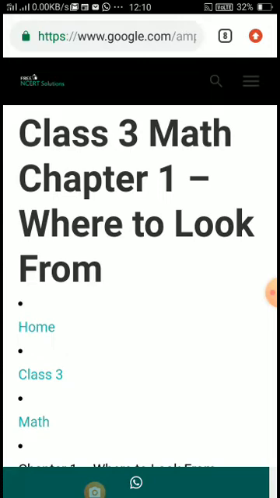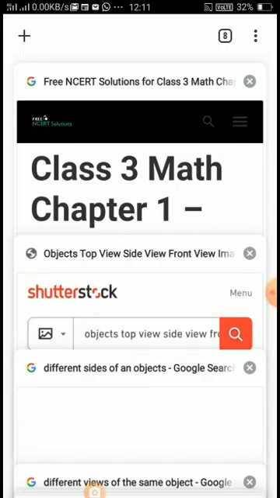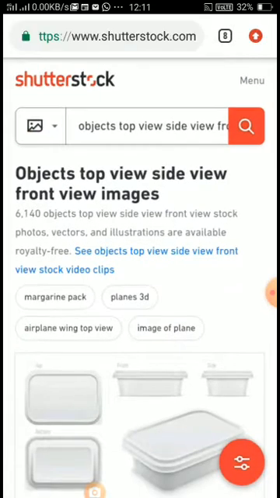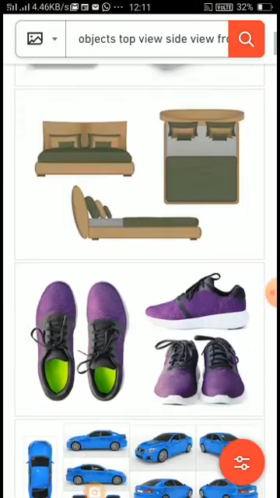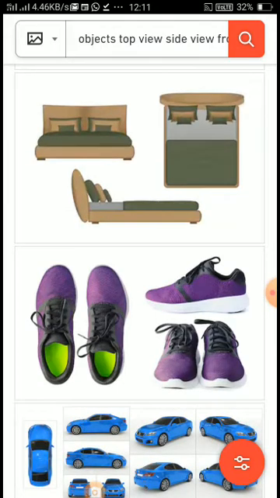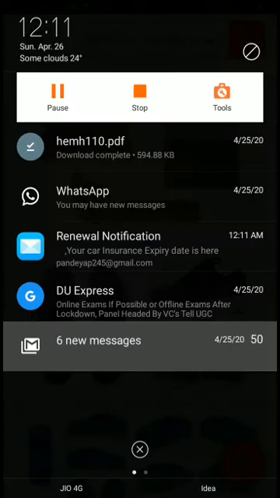So, in this chapter, we are going to learn about how to look at objects. How to look at an object means when we see the object from different sides, it has different views. For example, I am going to show you some objects. Please see here. As on screen you can see